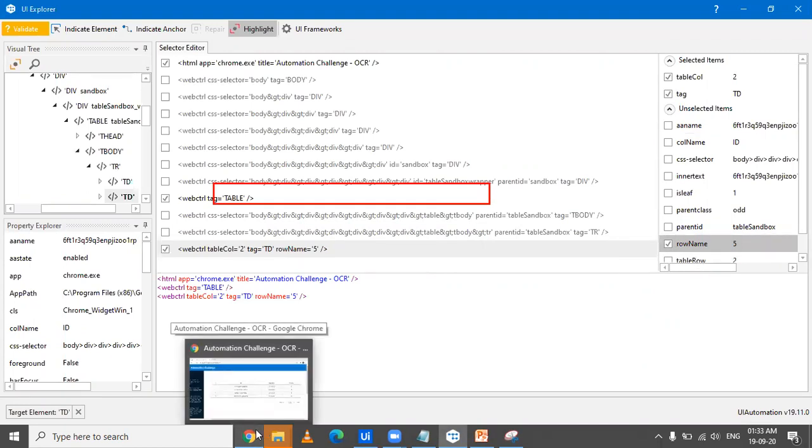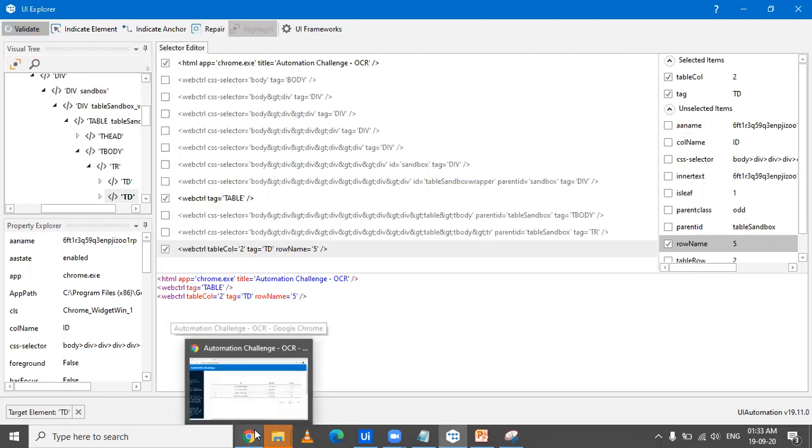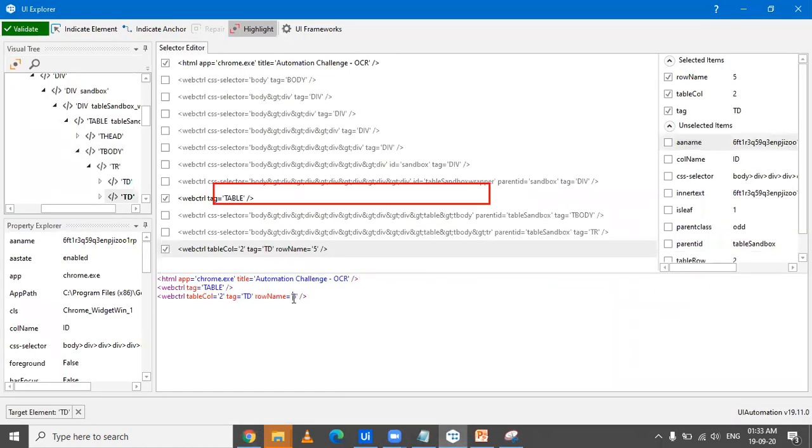Now, one more thing to notice: you'll have to validate this and see that when I am on the second page, is it validating the data of the first page or not? So if I just make the row name 2, is it validating? Let's see. So it's not validating.